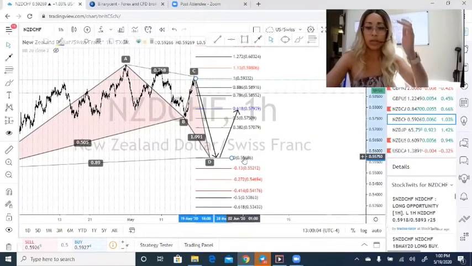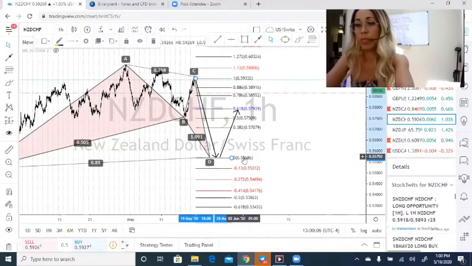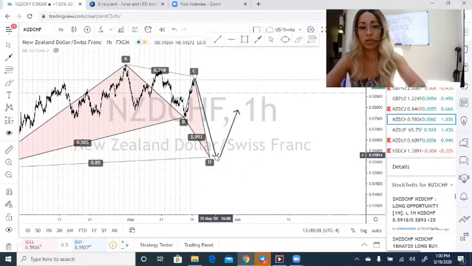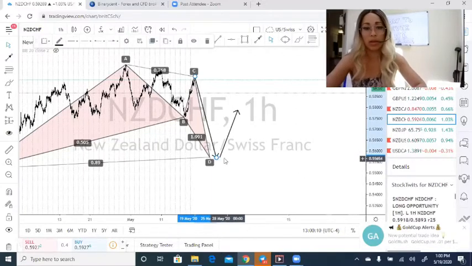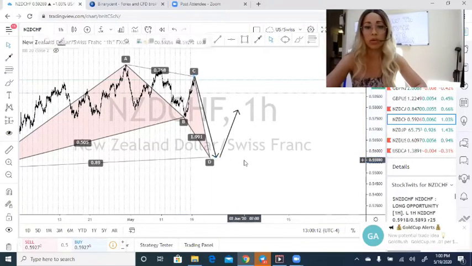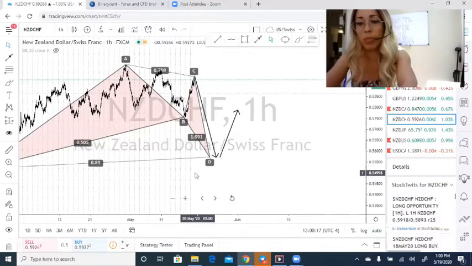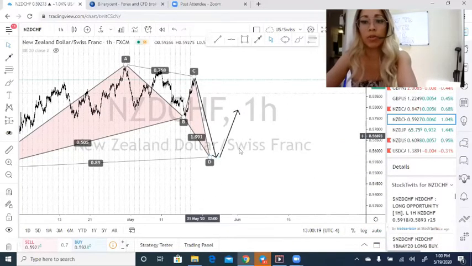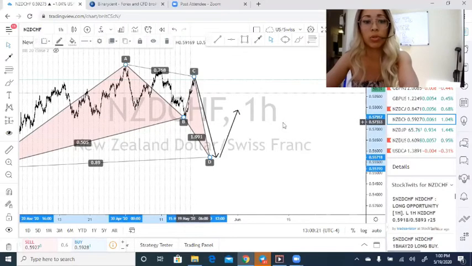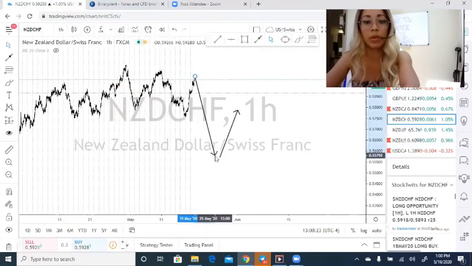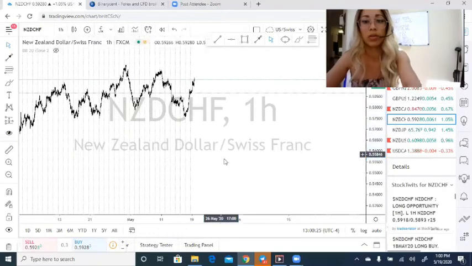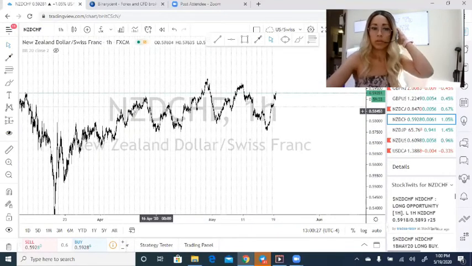So that is the exact same example of the bat, just in the bullish form. So you could go ahead and enter those pending orders, a sell limit for the very first example of the bearish bat, and then a buy limit for this second example of this bullish bat, right? All right, so